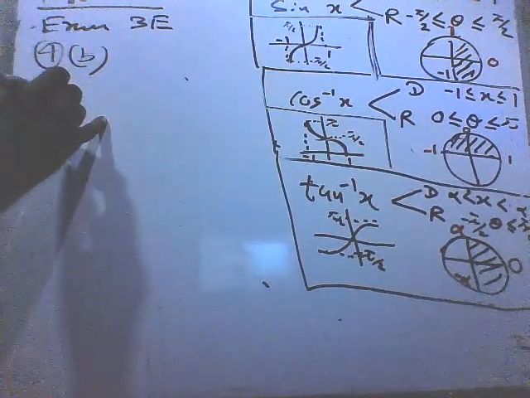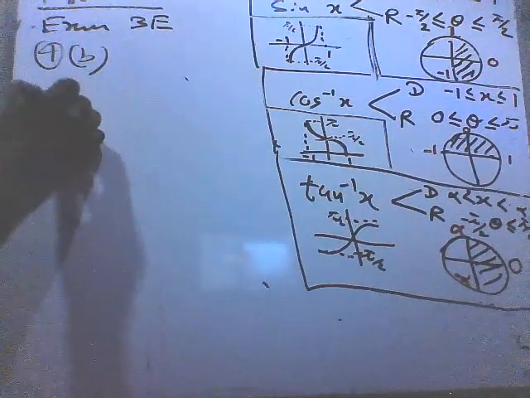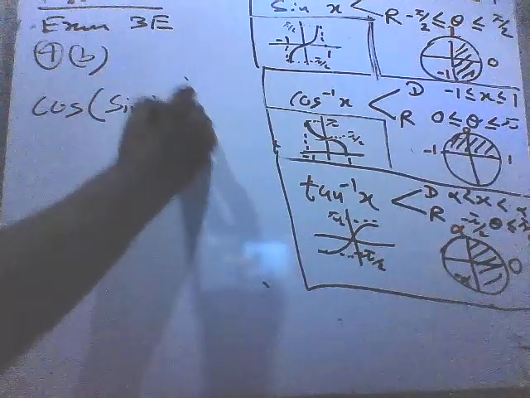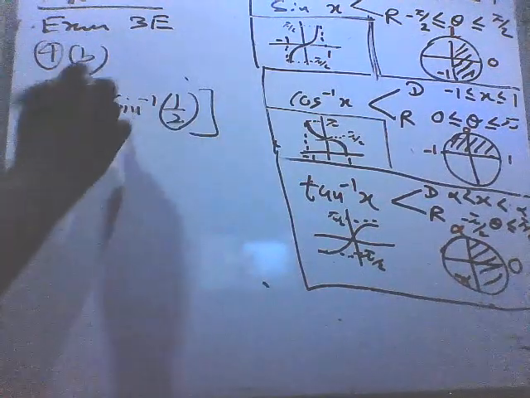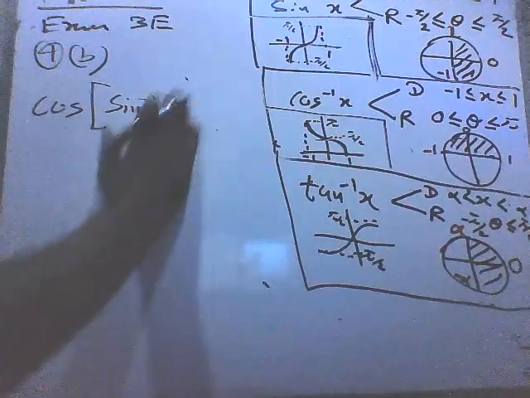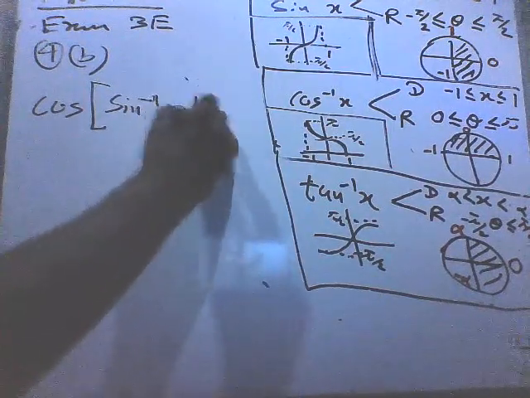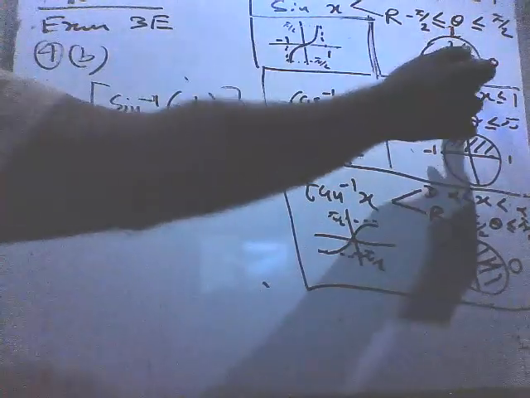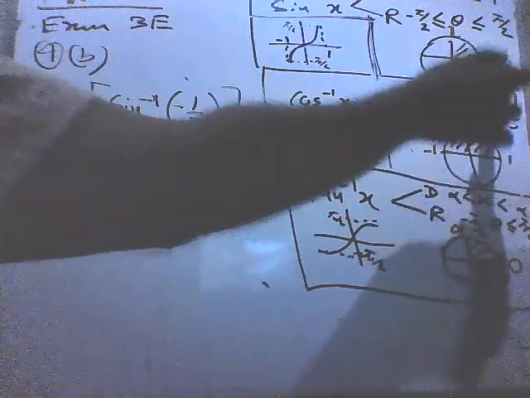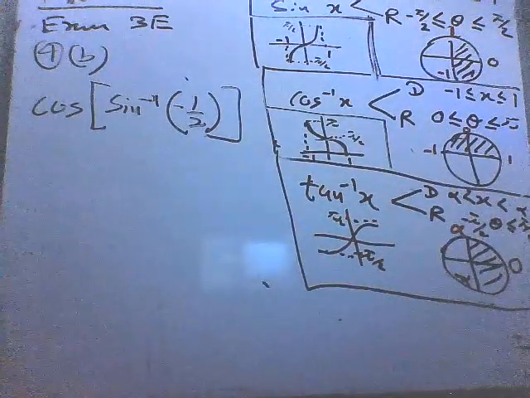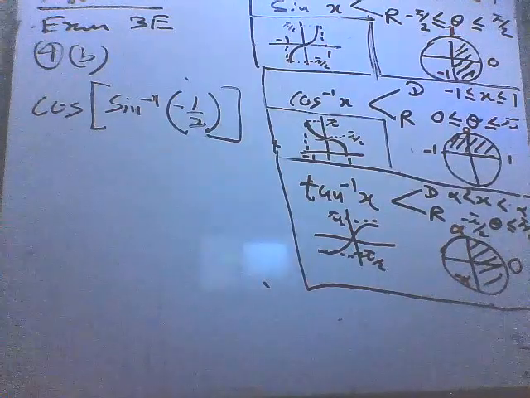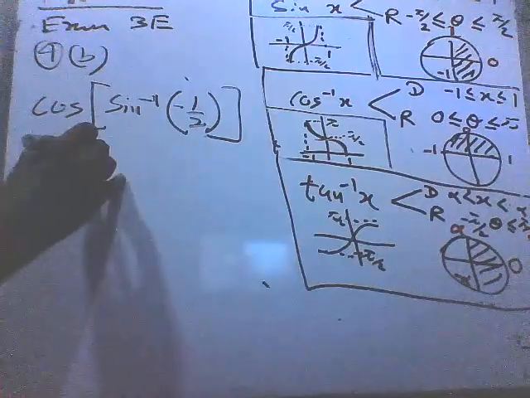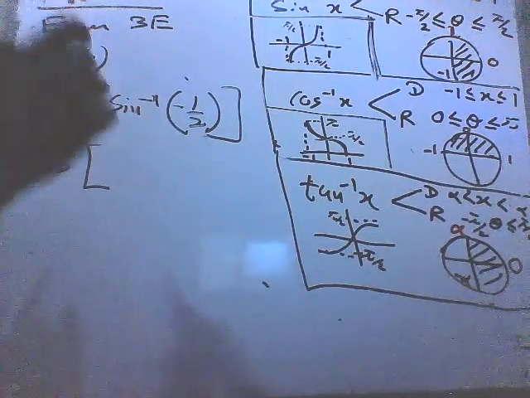Part B, question 4 part B, it says cos of sine inverse minus half. Now when we take minus half, it comes here, right? Then what is sine inverse minus half? Sine inverse minus half is then, we will get minus